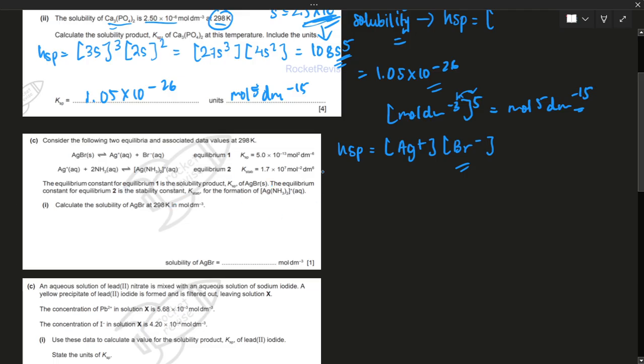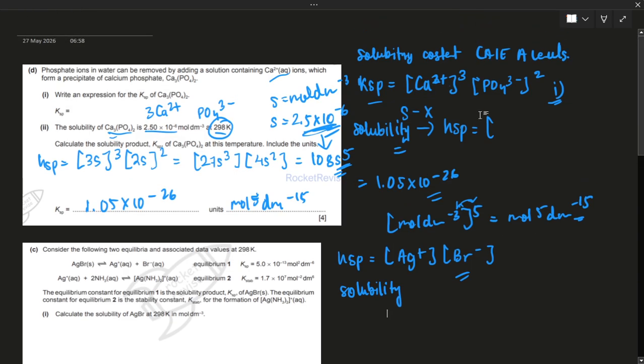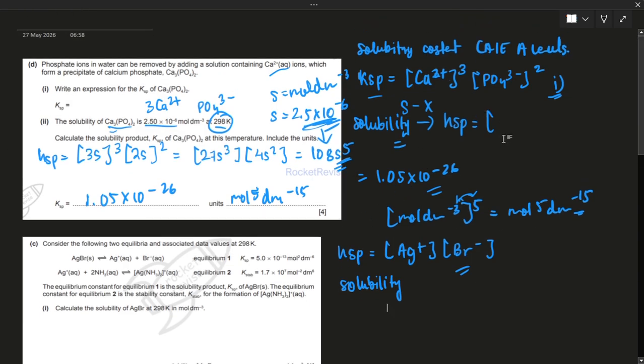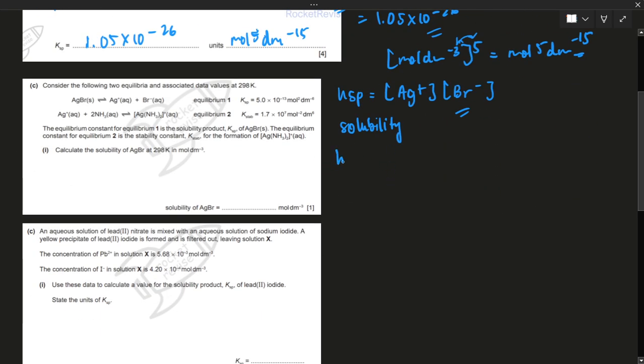calculate the solubility. Okay, when they're asking for the solubility, it would be the reverse process of this. It would basically be the reverse process. So therefore, we're basically going to start with KSP multiplied by S and S. Both of these would be considered the same because they're not asking us for individual ion concentrations, right? So if you don't have individual ion concentrations, we just use the solubility of the precipitate. Therefore, this is going to be S squared, and it's going to be equal to KSP, which they already gave